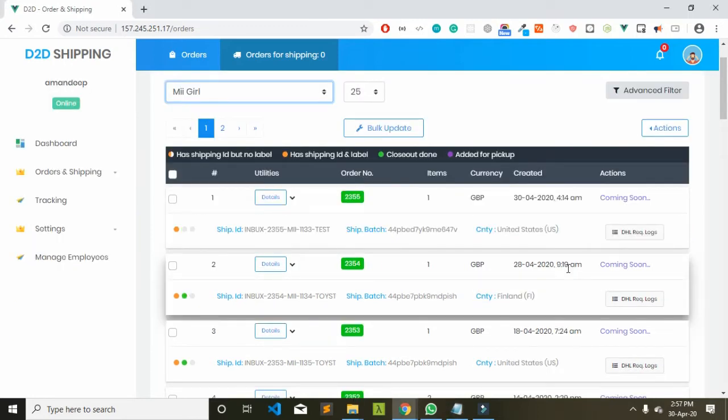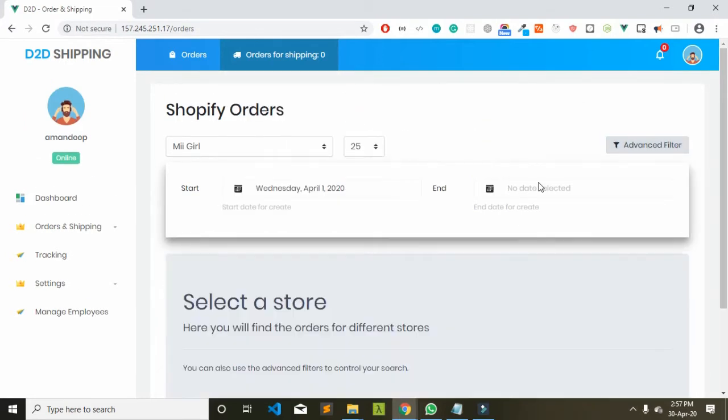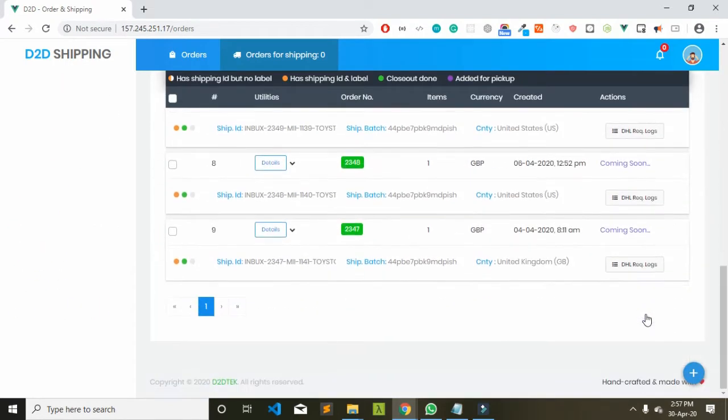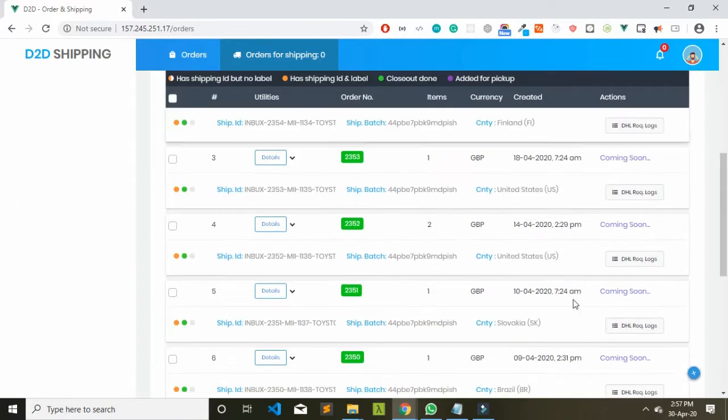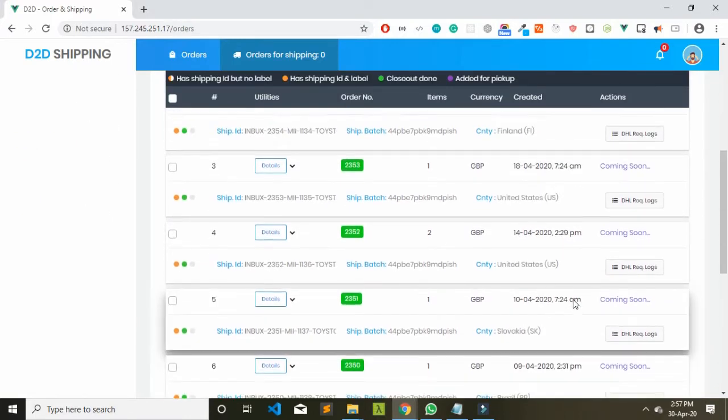You can also filter out the data that you get here. You can just come to this advanced filter and filter the data date wise. So let me filter the data for this month, and you will get the data for this month only, which is very less because of the lockdown.